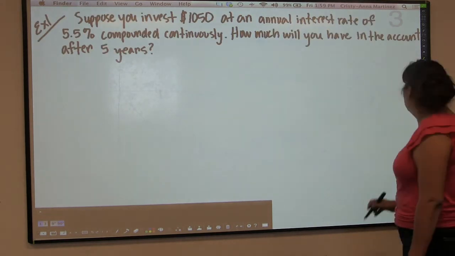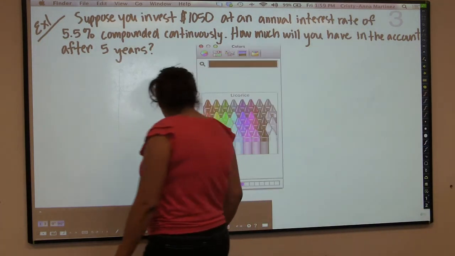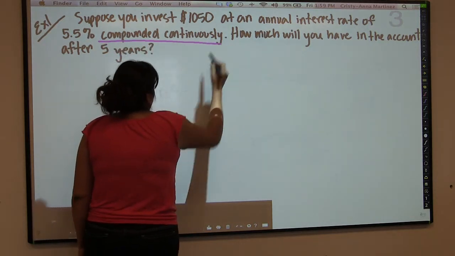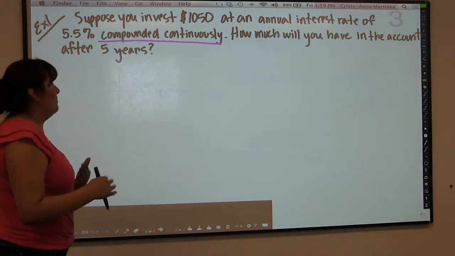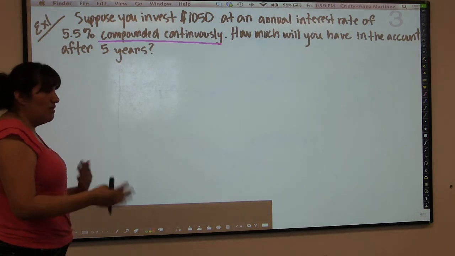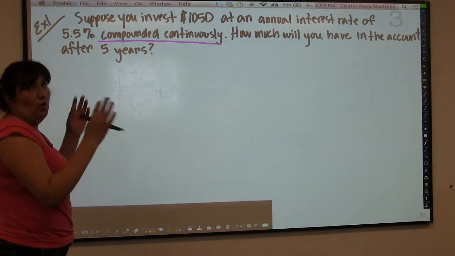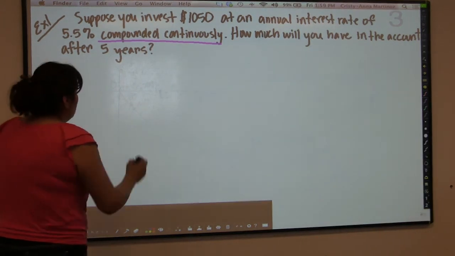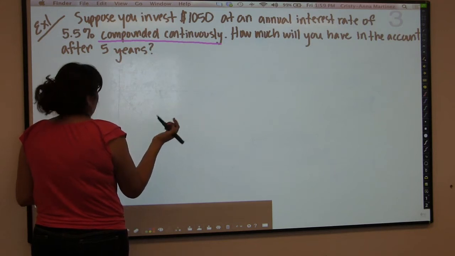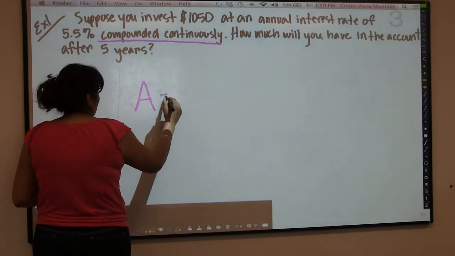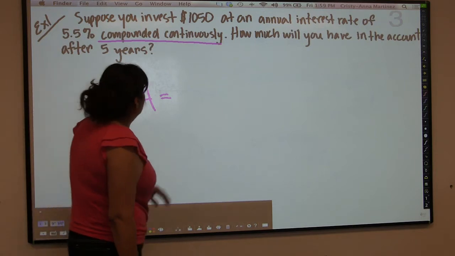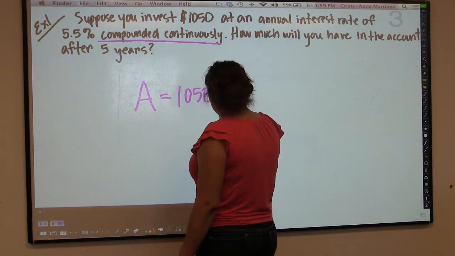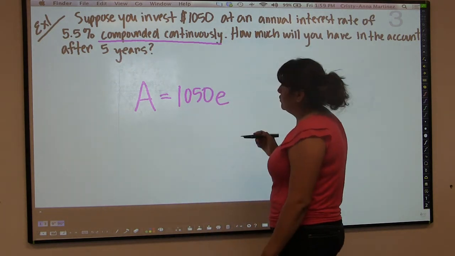Here we have an example, and it's very important that you only use the continuous compounding formula when it says compounded continuously. If they had said it was being compounded annually or monthly or weekly, you would have to use the old formula. But in this case, it says compounded continuously. They want to know how much will be in the account after 5 years. We don't know the amount yet, but we know the principal, you invest $1,050, and then you have E raised to the R power,